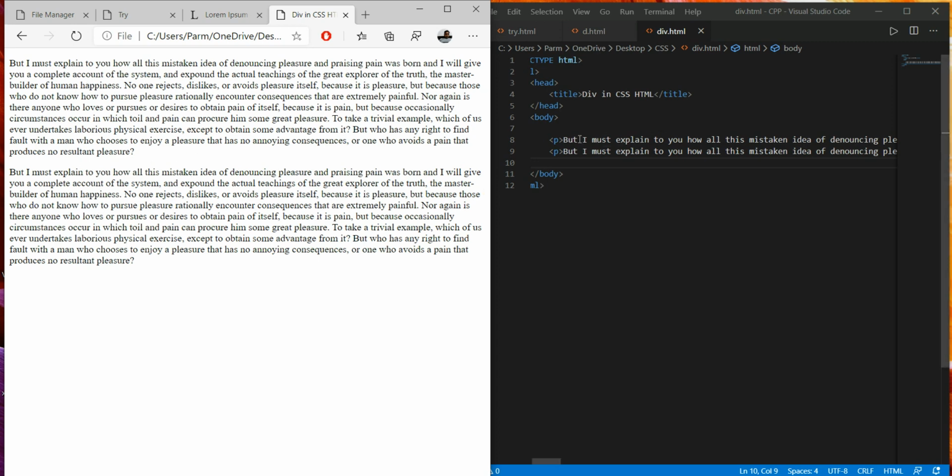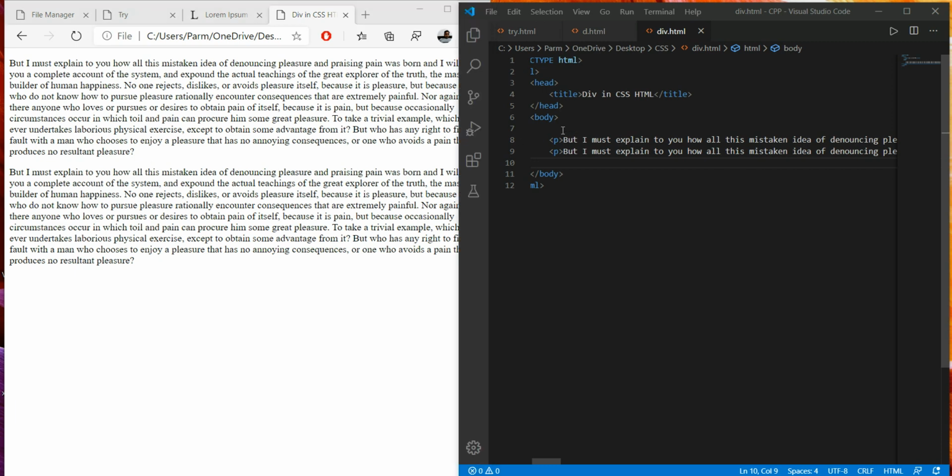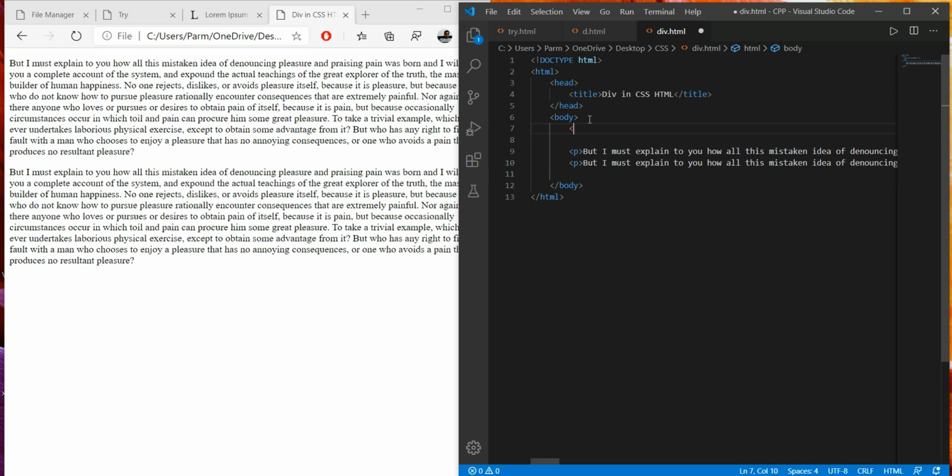Now we write this paragraph in division. So what is the meaning of using div? We write div over here, then Control X to cut, and paste it over here.